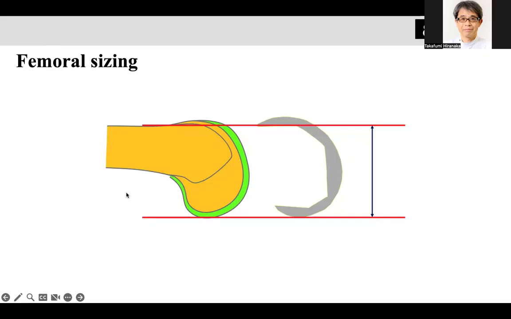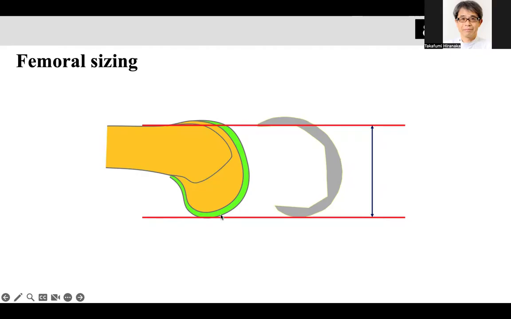Today, this is very basic, about femoral sizing. 大腿骨のサイジングについてお話ししたいと思います。Basically, femoral size is decided by the distance between the anterior cortex and